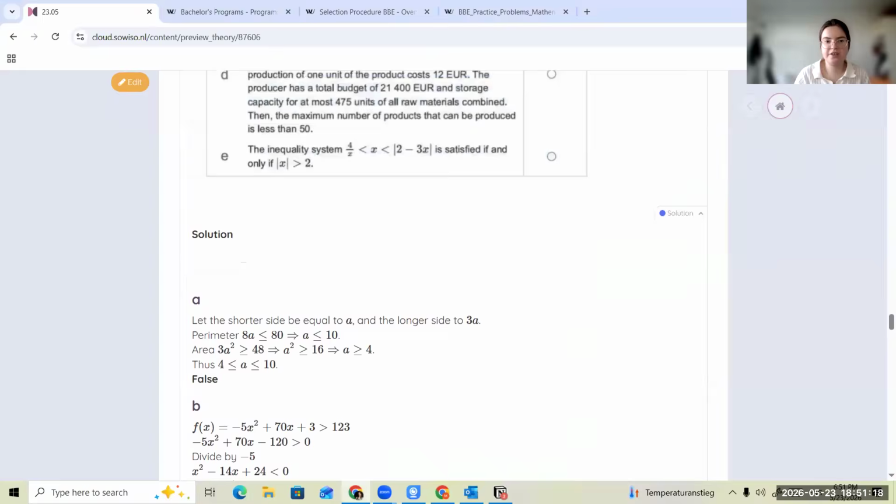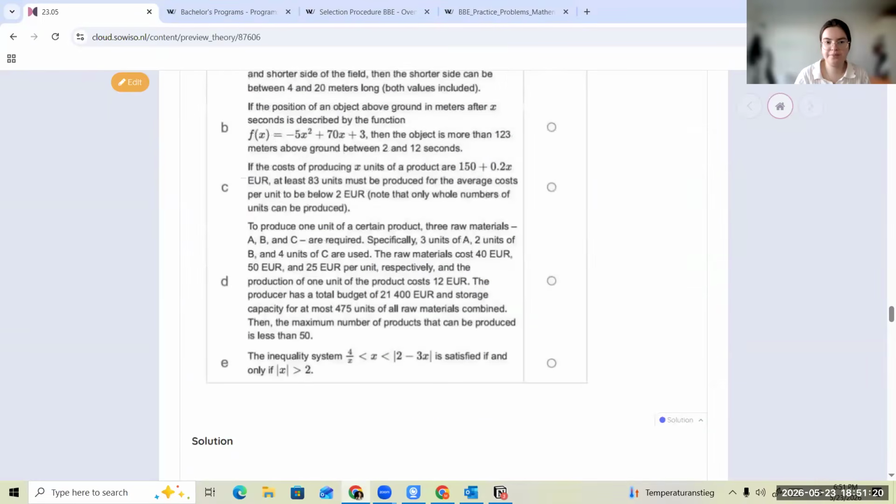Then C is the average cost per unit. So if the cost of producing X units of a product is 150 plus 0.2X,